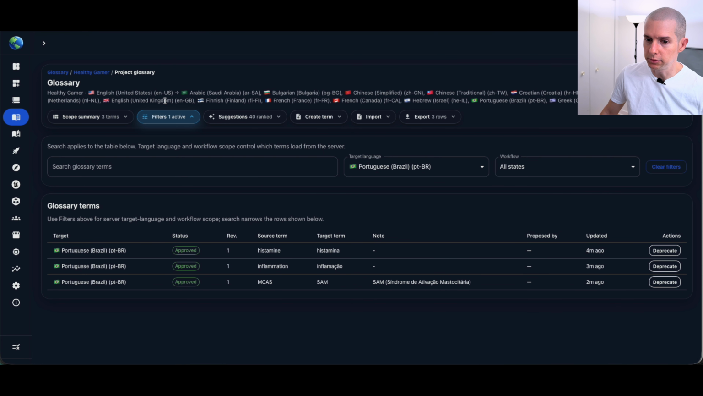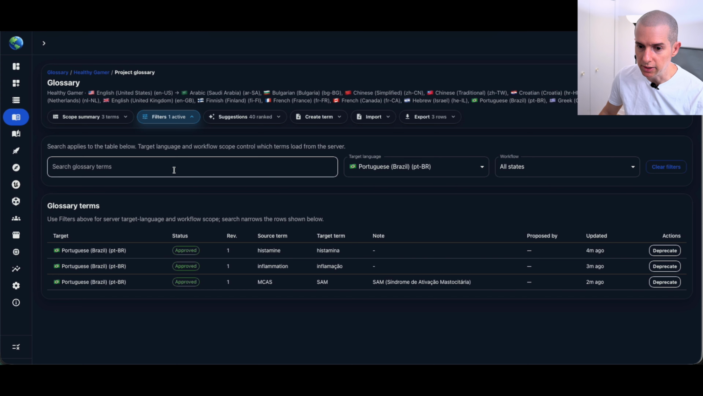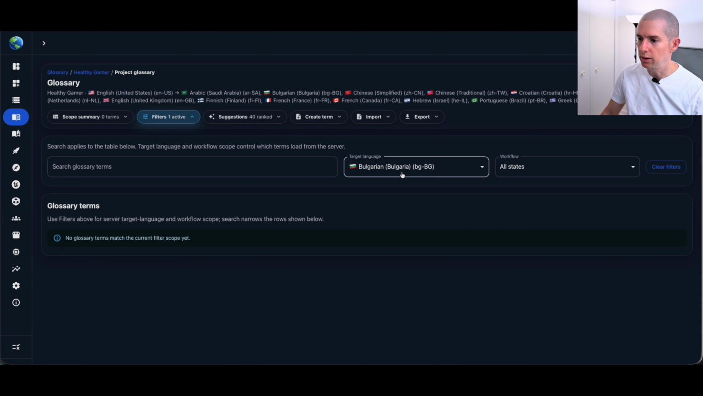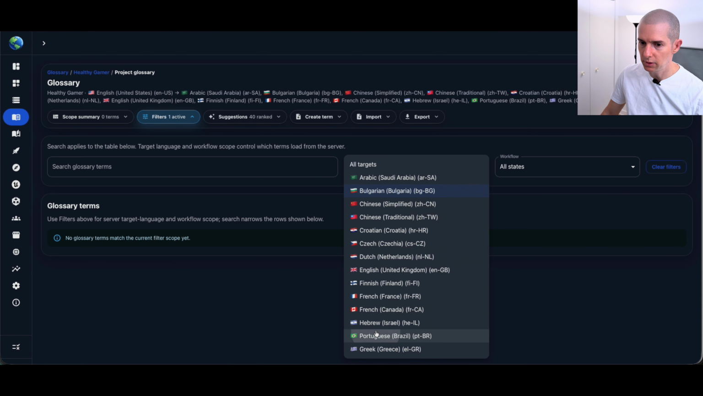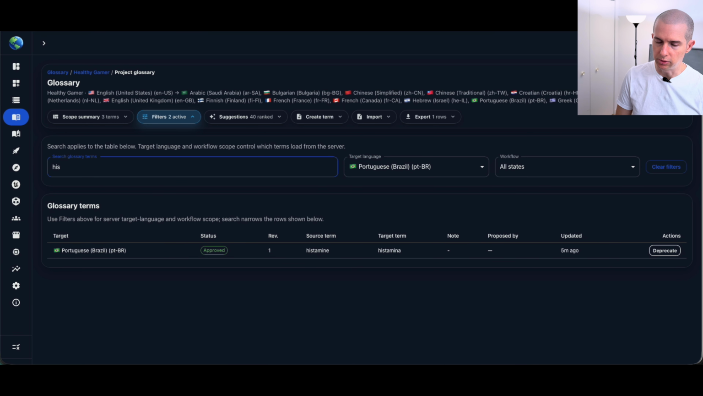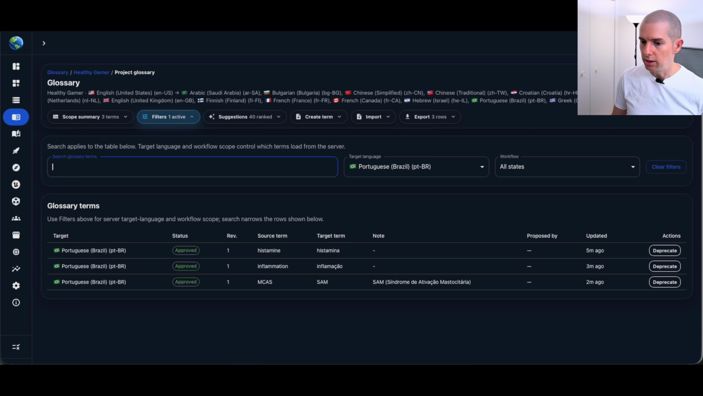So if you go to filters, it works as you would expect. You can search for specific glossary terms and filter them as you like. You can also select the target languages. So just to show you how it works, histamine, it is going to be just histamine there. And of course,